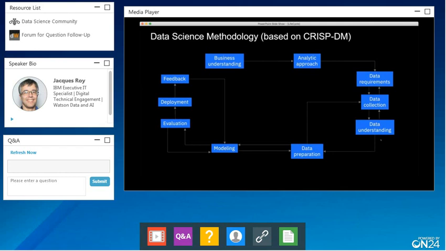You don't want to be left to your own devices to say, okay, how do I deploy it to make it available to more people? And then after that, of course, you want to be able to collect some feedback on your deployments. And part of collecting that feedback includes looking at the results that you got. So that may be a bit of a manual process where you get some of that data and you evaluate if you were right or wrong.